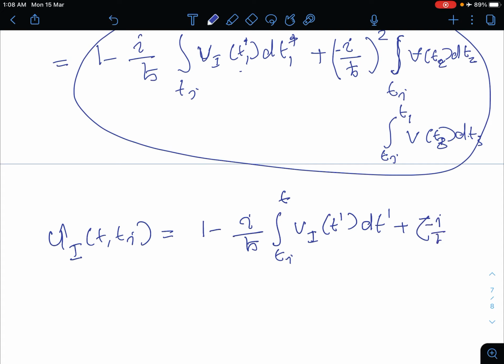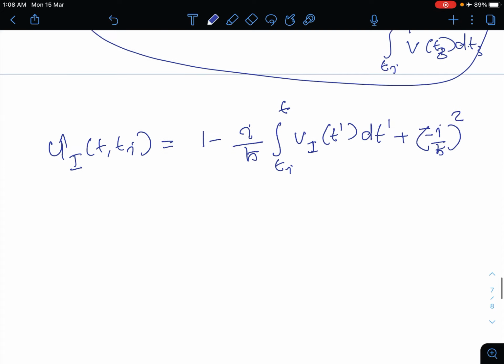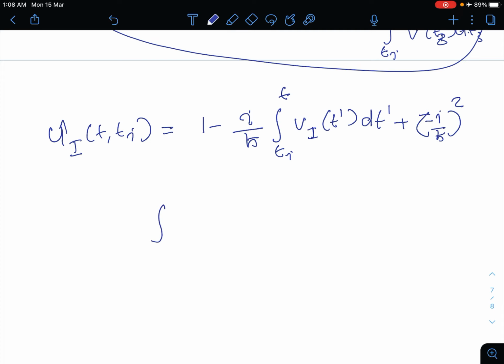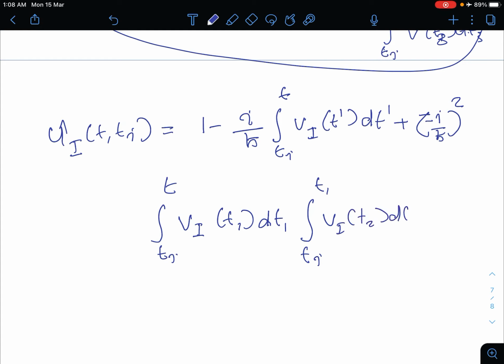Minus i by h cross all square integral ti to t vi of t1 dt1 integral ti to t1 vi of t2 dt2